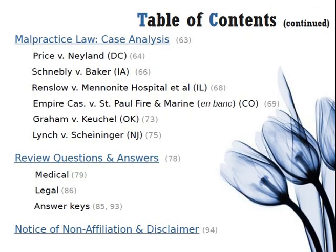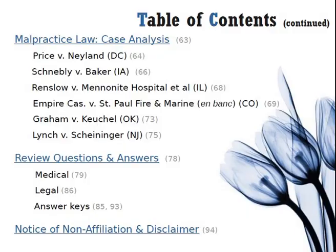This lecture has 3 parts: clinical studies, legal studies, followed by review questions and answers, both medical and legal, a total of 28. In the legal section, I analyzed 6 cases as listed in chronological order. Based on those cases, I have informed advice for both prospective parties in malpractice actions litigating negligent management of the rhesus sensitization cases. My advice for the plaintiffs is to have timely collected data and facts, to be mindful of